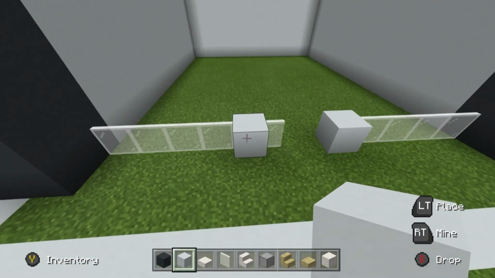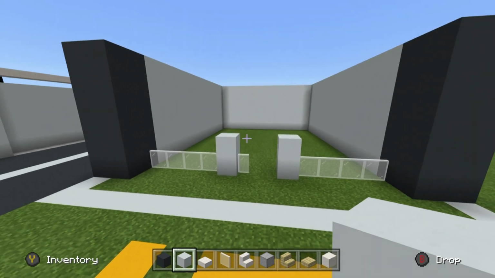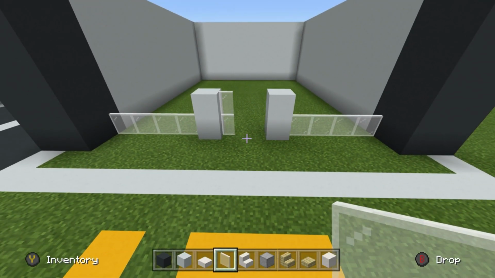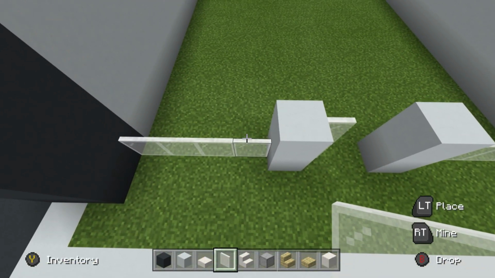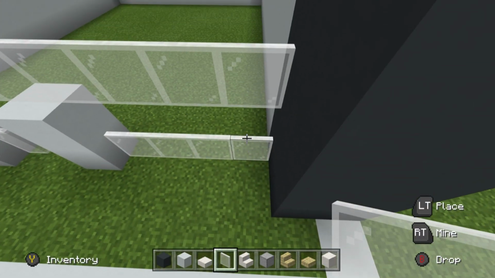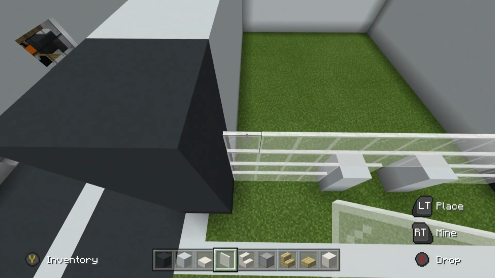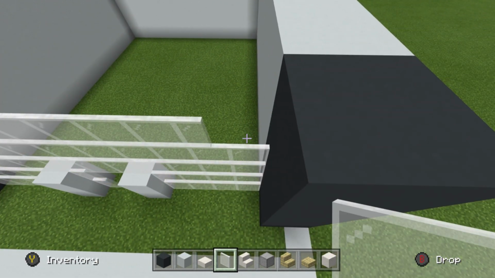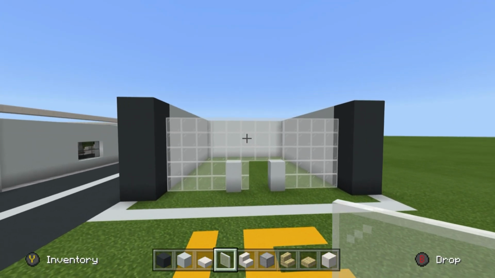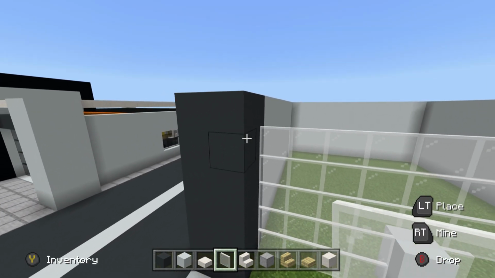So first of all, I want you to raise these 2 single white concretes upwards, each by 1. I want you to also extend this little single white stained glass pane upwards by 1 as well. I want you to fill the entire front of the store in using white stained glass pane, not block, specifically pane. You want to leave a 2 block gap in between the rows of 2 white concrete that we have here. It's also worth mentioning that the glass only wants to come up to the second to last grey concrete